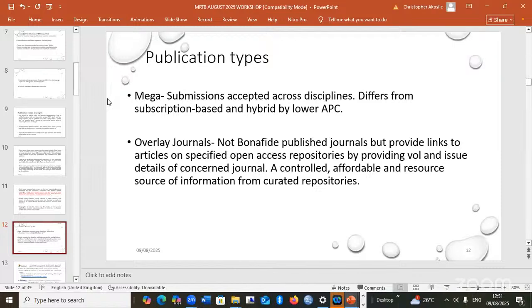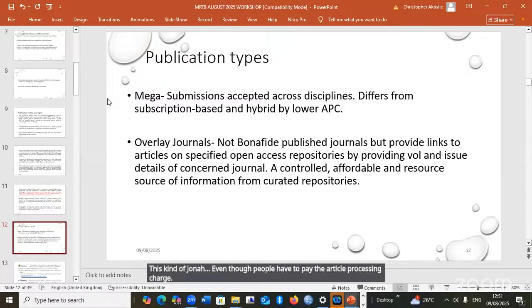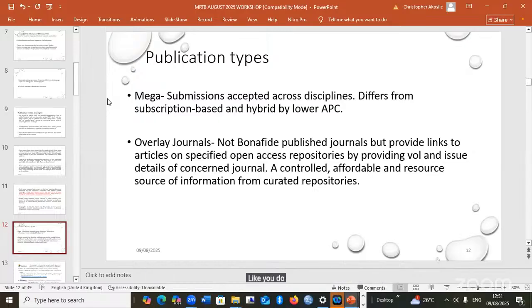This kind of journal, even though people have to pay the article processing charge, like you do in a subscription-based journal or a hybrid journal, has an article processing charge that is a lot cheaper than the major subscription-based journals.